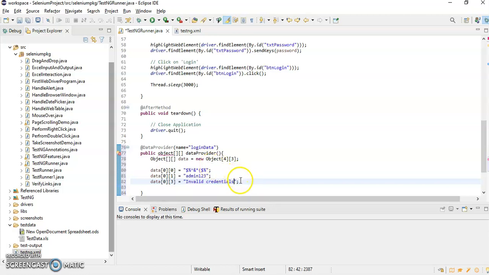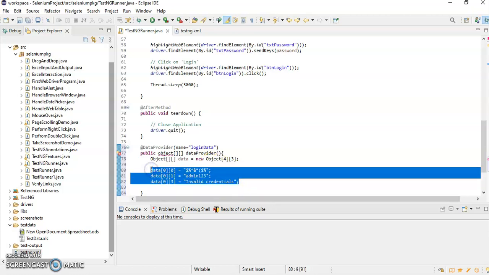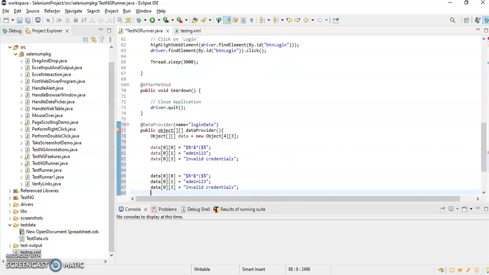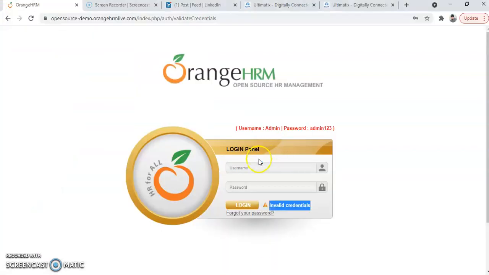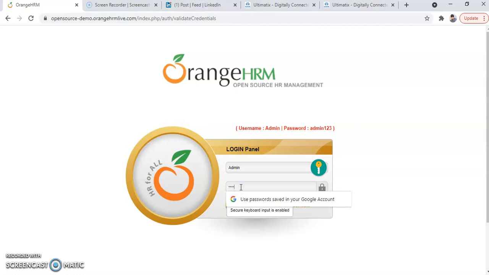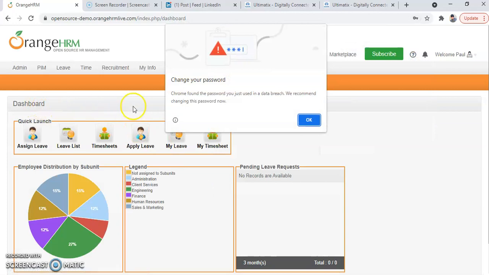Okay, so similarly I have to prepare other test data as well. Okay, and the last one will be valid. So the username is admin and password is admin123, and if I get logged in, it will display dashboard.